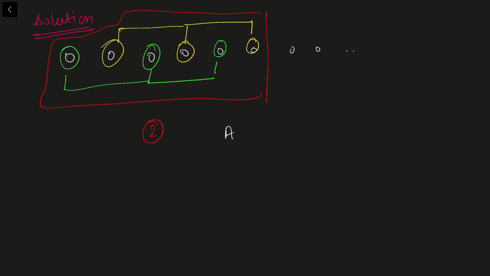After that, we'll have some remaining bulbs. So what can be the number of remaining bulbs? Remaining bulbs can be 0, 1, 2, 3, 4, or 5. These are all the values. We cannot have 6 remaining bulbs. Why? Because we can again make a batch of 6. So these are all the possible values we can have after we have made all the batches of 6.